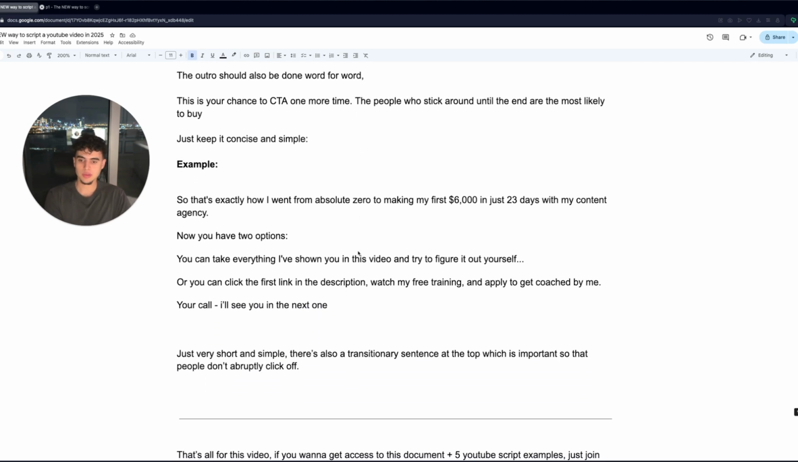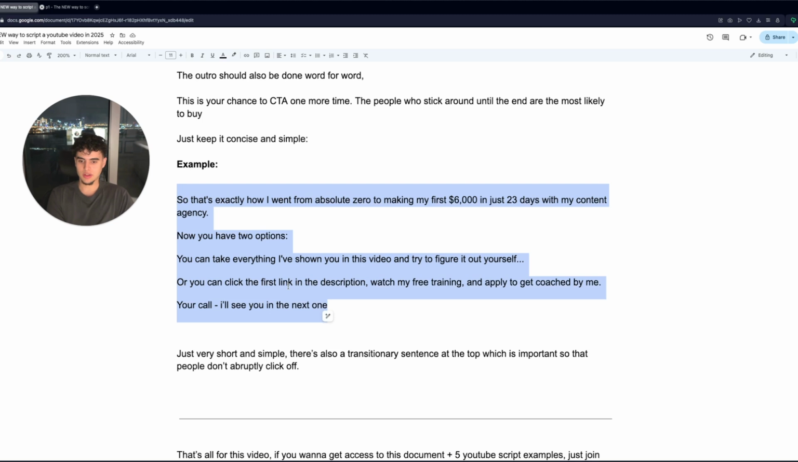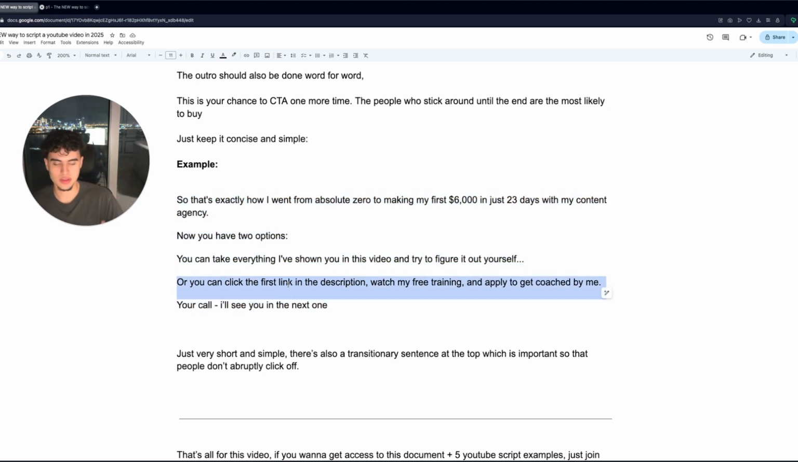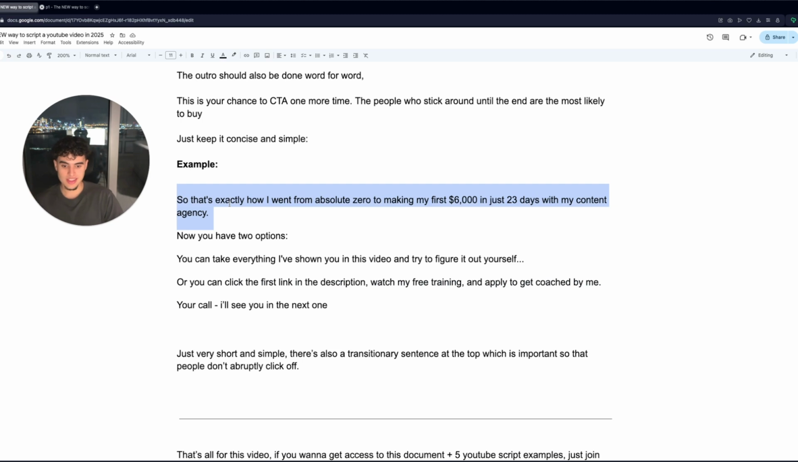So here's an example. I don't want to read it out loud, but it's extremely simple. And I'm just telling them, click the first link in the description. Like I'm telling them what to do. Very short and simple. But there's also a transitionary sentence up here, which I'm going to highlight in light purple,